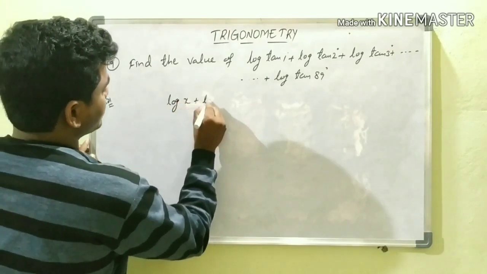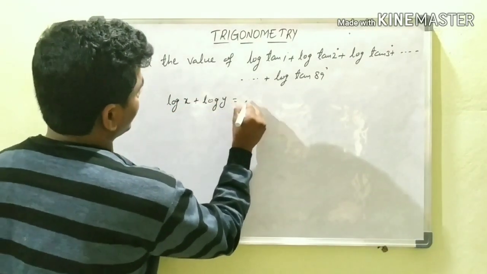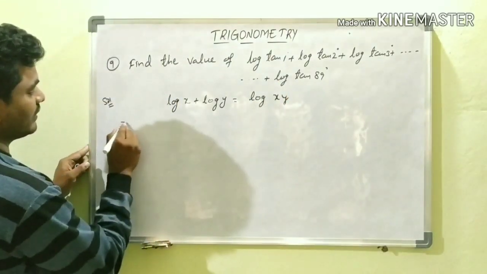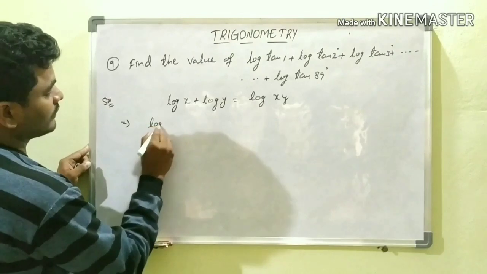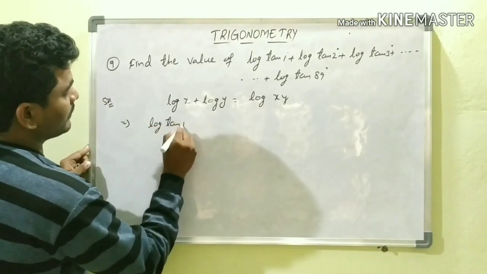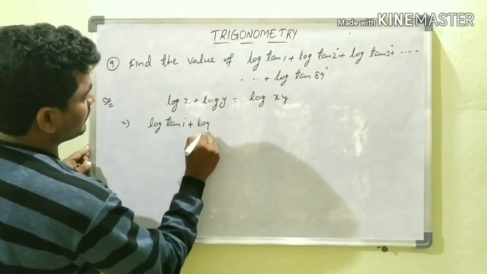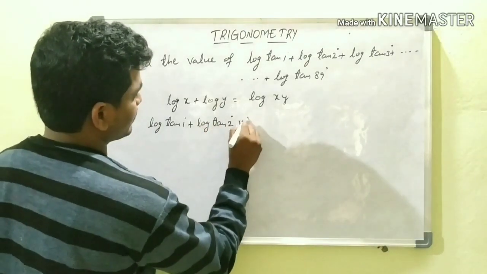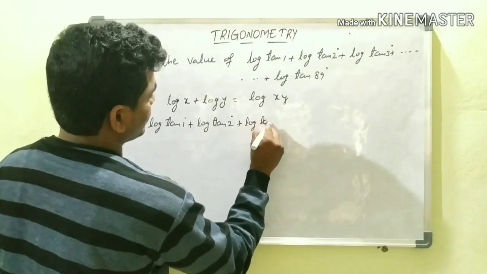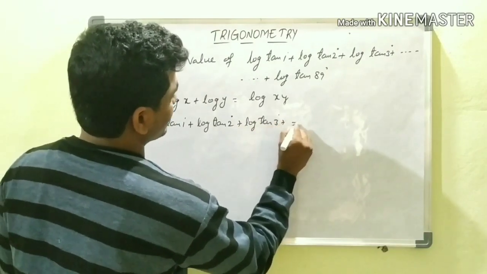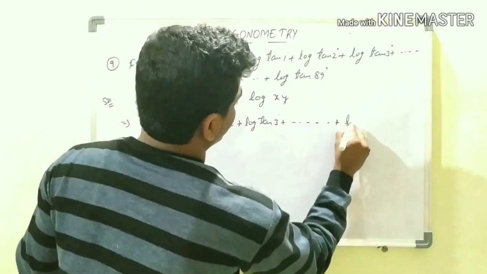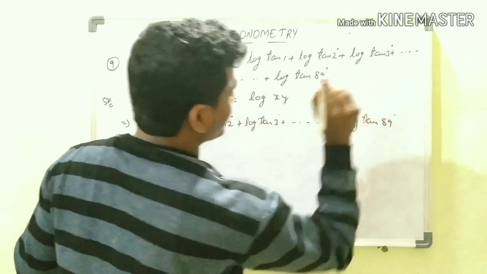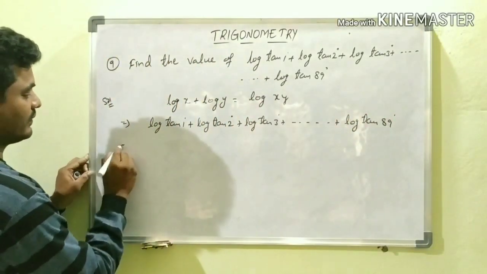Similarly, log tan 1 degree plus log tan 2 degrees plus log tan 3 degrees plus and so on, log tan 89 degrees. This implies